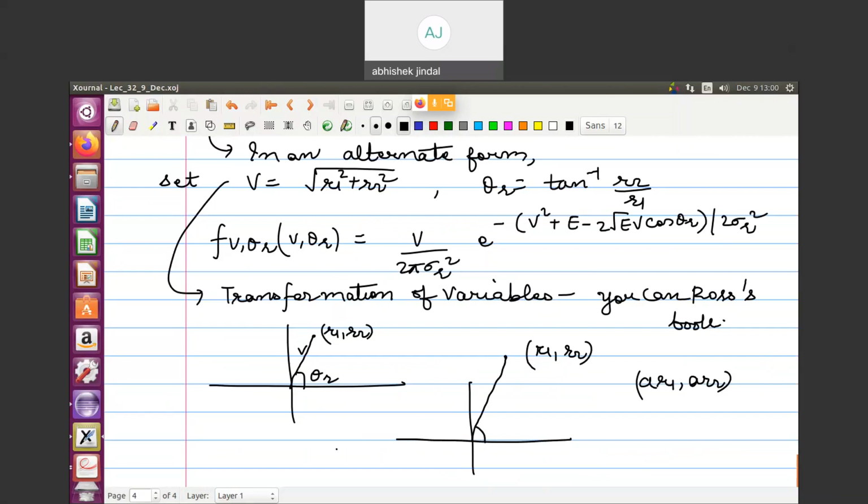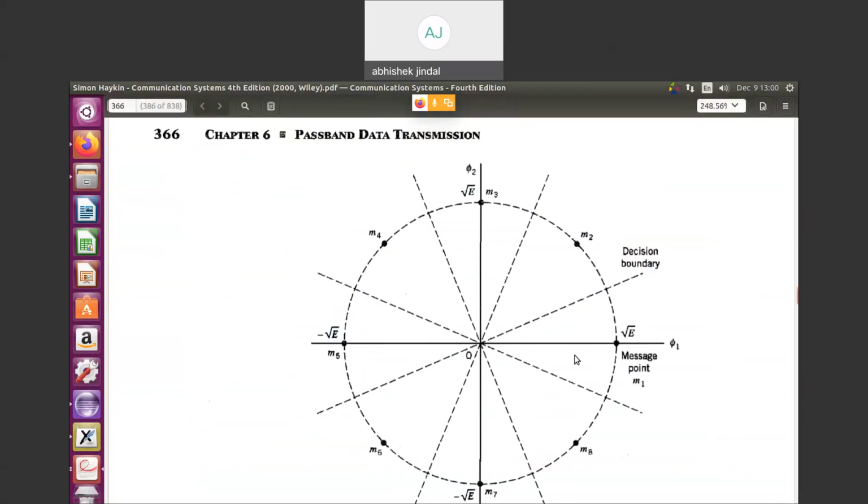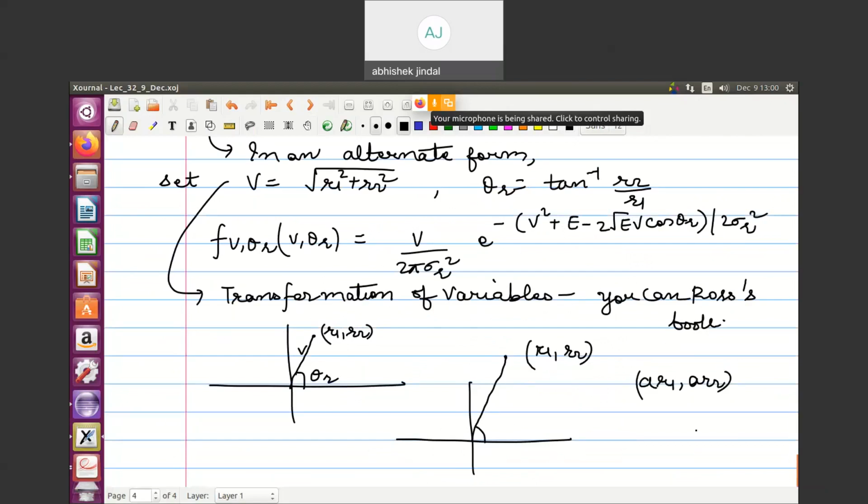It means that which region your point R1, R2 lies in will be dominated by the angle which it has. So with theta r we are concerned, not with the magnitude. But what will be the magnitude of this? This will be under root of a square r1 square plus a square r2 square. Sorry, this should be square. So if I take a as common, this becomes a times root of r1 square plus r2 square. So I have just increased its magnitude. What was its magnitude before? Root of